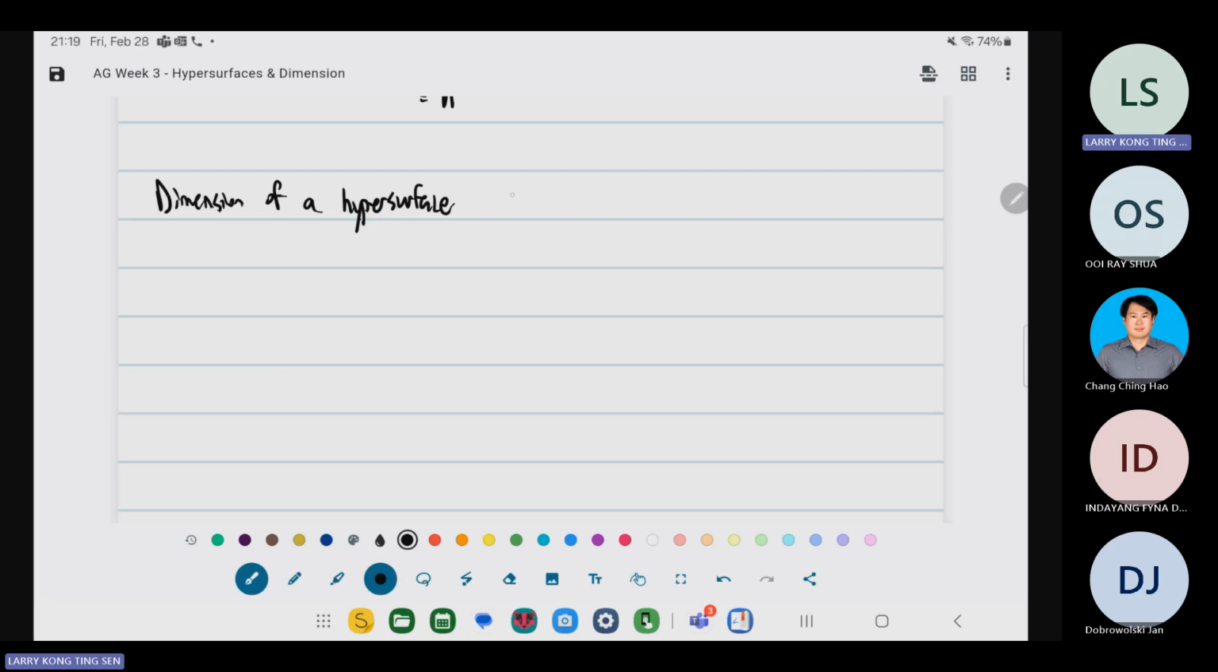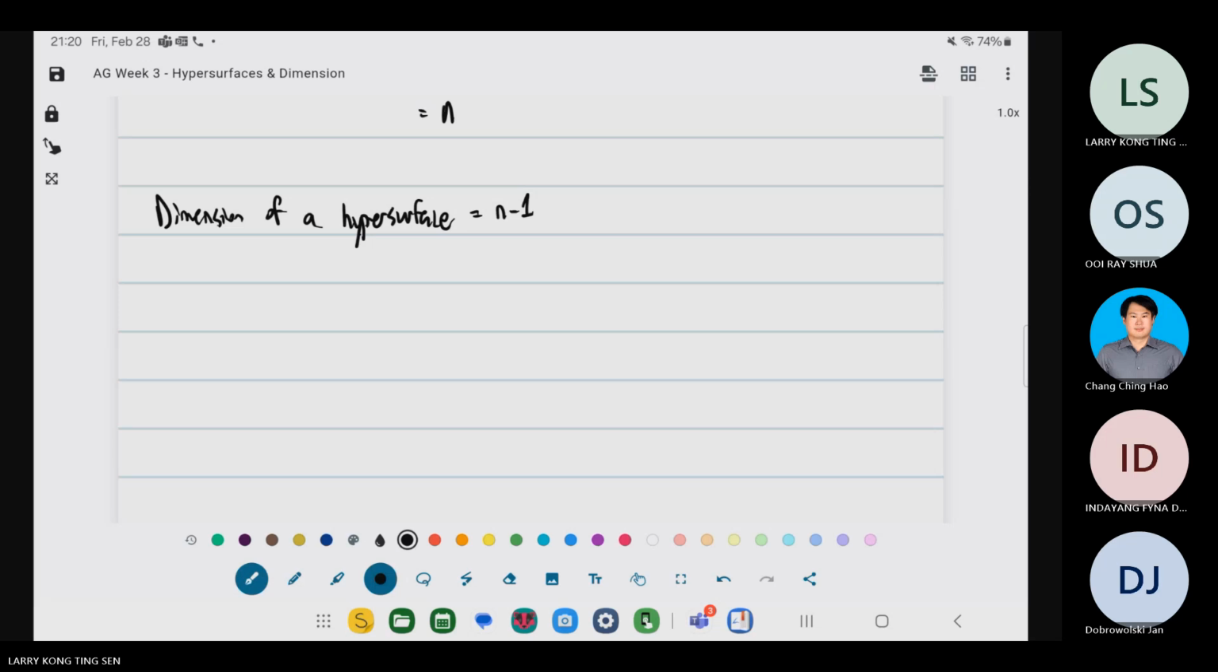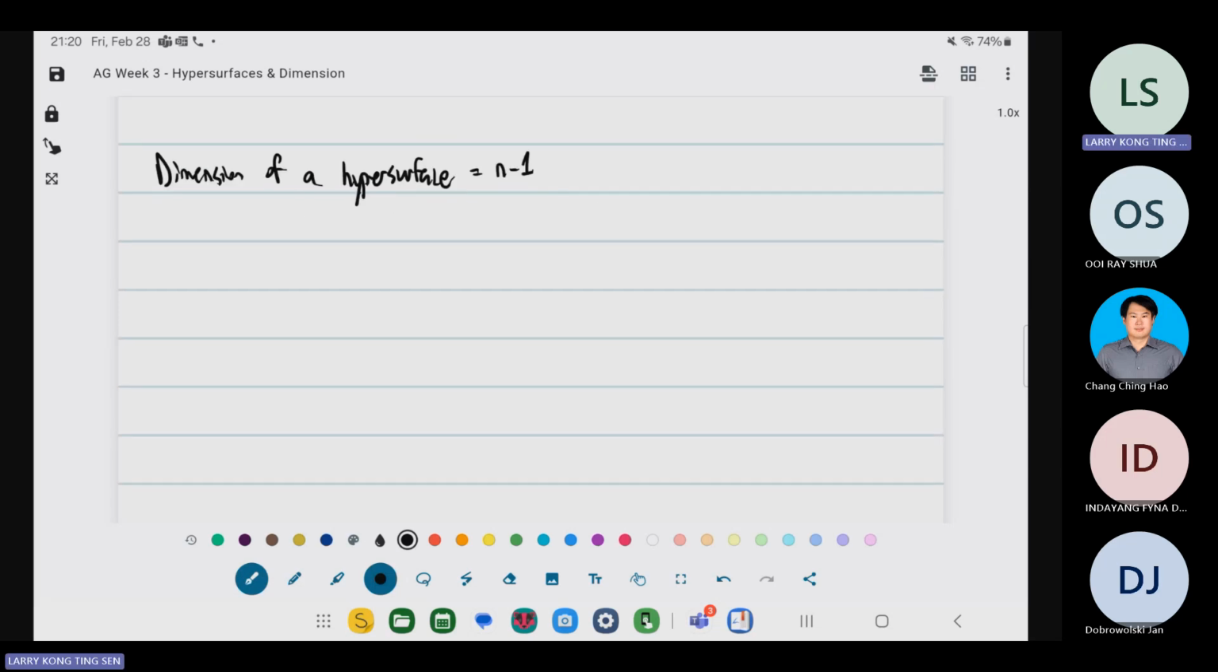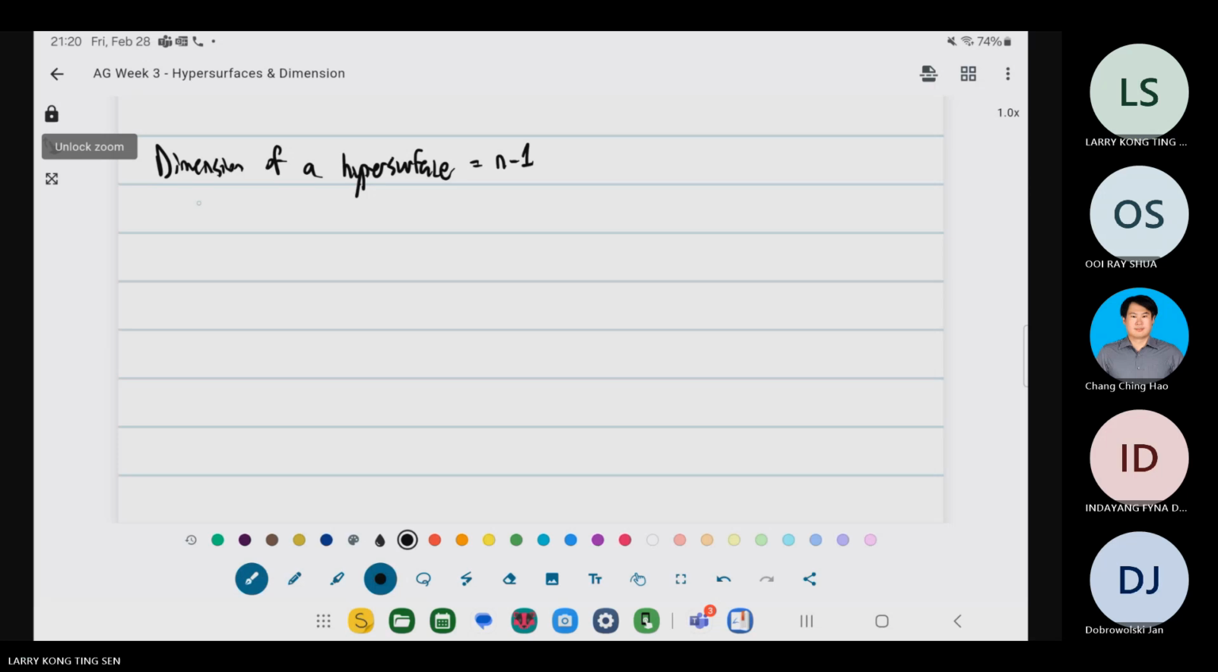Well, it is in fact given as n minus 1. So what we do here is, let's say we have... So if we have to prove it, okay, with let k, we consider this